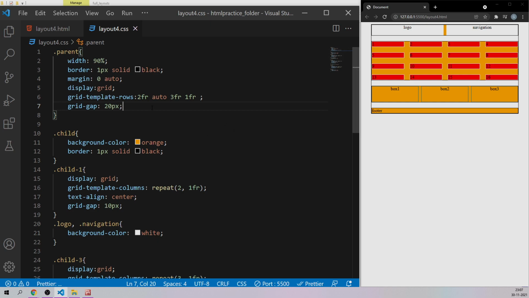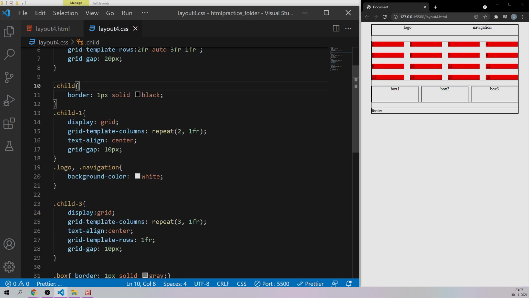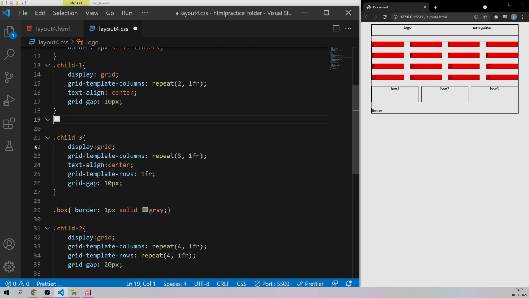And let's remove the background color of all the child properties. So we have removed it like this, and the individual code. I think the white background for the logo and navigation is not required anymore,